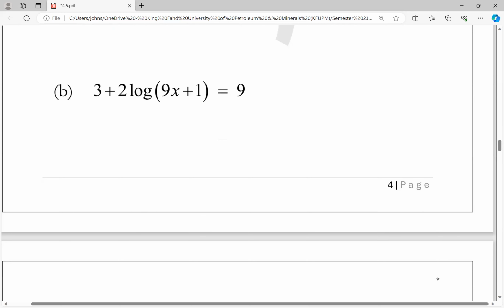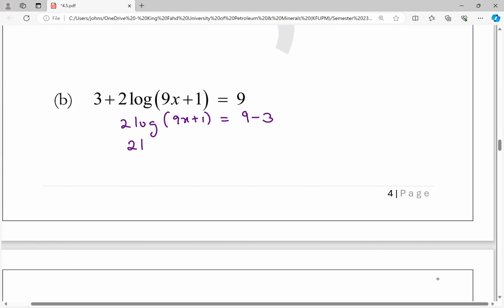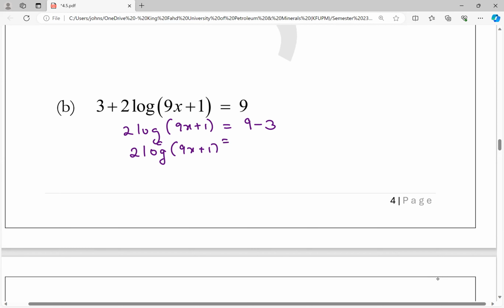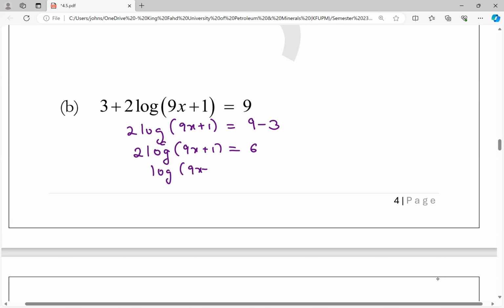Now, to solve b, we can rewrite this as 2 log of 9x plus 1 equals 6. But how do we get 6? Just transfer 3 to the other side and we get this. So this will be 2 log of 9x plus 1 equals 6. So we can divide both sides by 2 so that you just have log of 9x plus 1